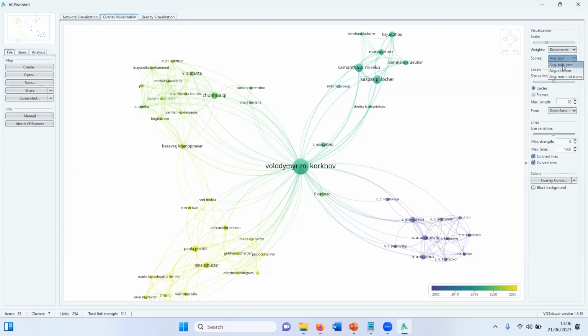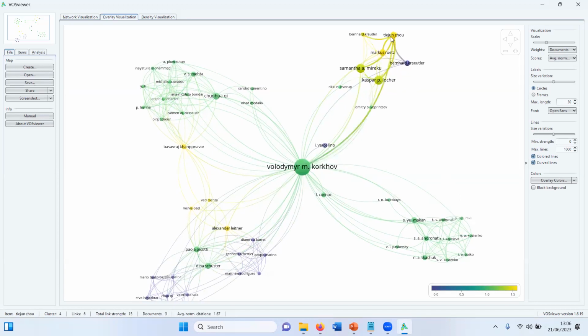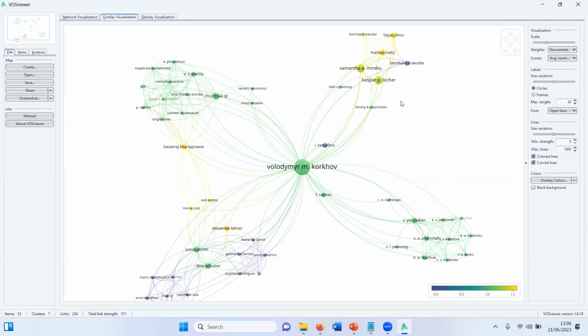I can also have a different calculation of colors, for example, normalized citations. That means the average number of citations in relation with how old or how new they are. So in this case, yellow means that on average, the co-authored papers have gained many citations in a comparatively short time.